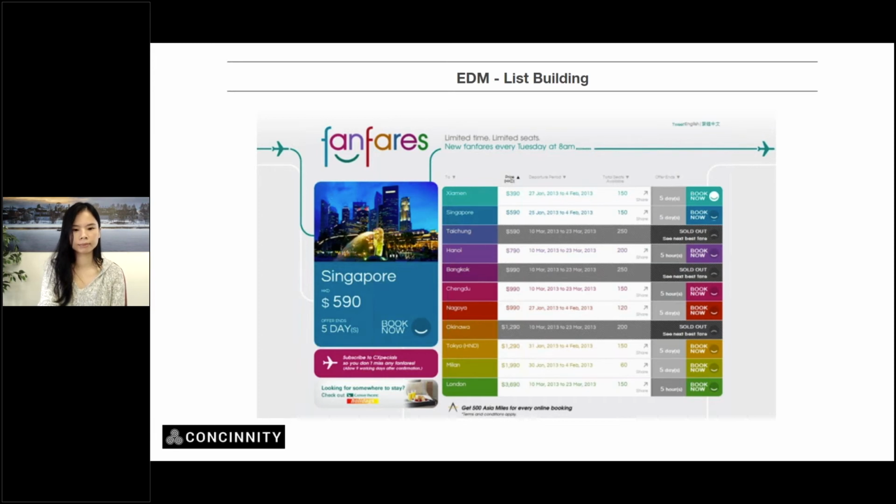So the fanfares came out at 8 a.m. on Tuesday, and you knew the previous night, this flight from Bangkok, I want to go to Bangkok. So I'm going to be ready with my credit card at 7:55 a.m. to book a discounted ticket on Cathay Pacific to Bangkok, because I'm a part of the newsletter. I get news in advance and I get a discount. So this is a very good example of why someone would like to keep in touch with a company, or basically be a part of your newsletter or news group.